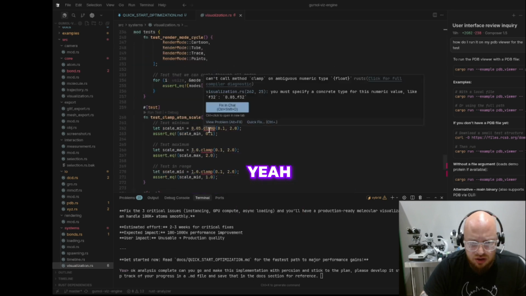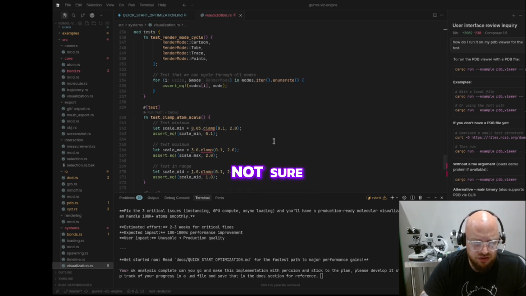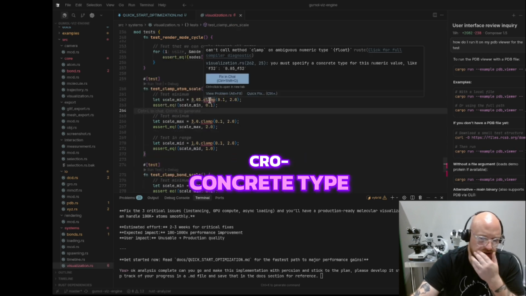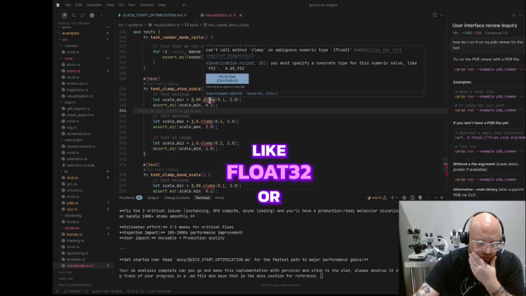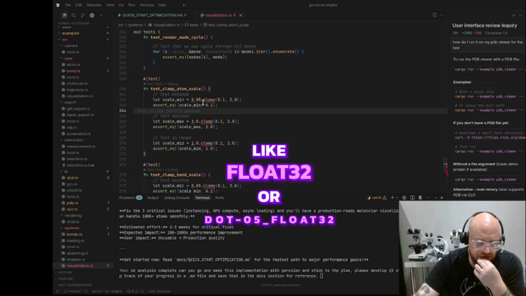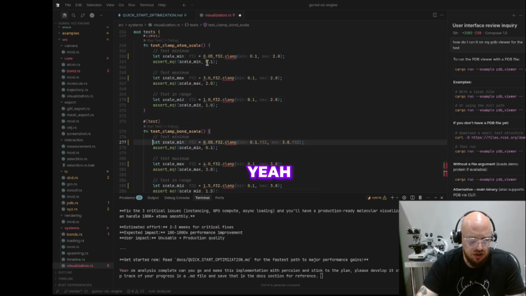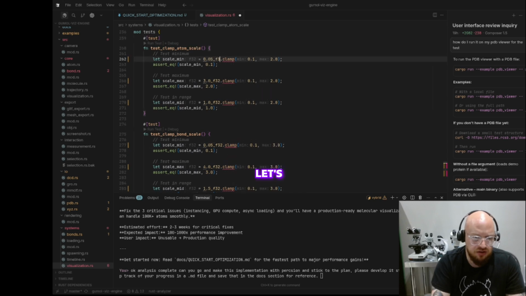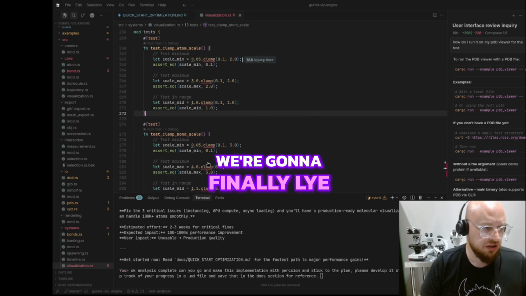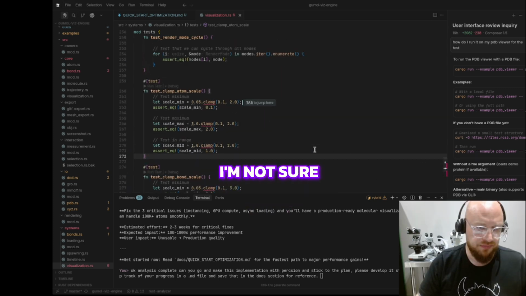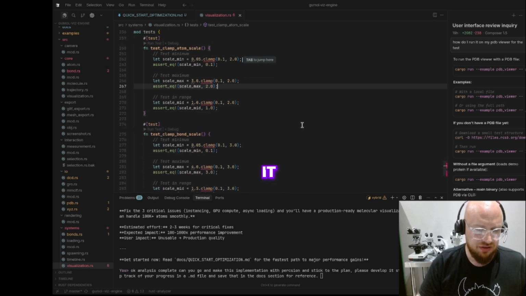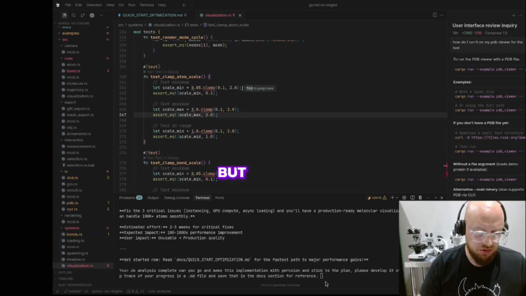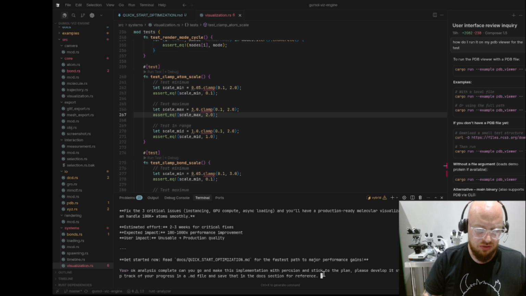What's the problem here with the visualizations though? Yeah, well, this would be a float, like a float32, not a, okay, dot clamp. Not sure. I'm supposed to find a concrete type for this numeric value, like float32 or 0.05_float32. So yeah, okay, I think I'm down for that. Let's leave it like that. Not sure. We'll have to come back and fix it later. But for now,